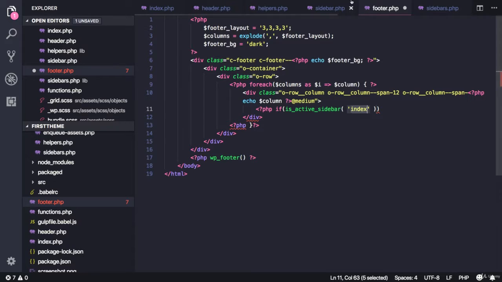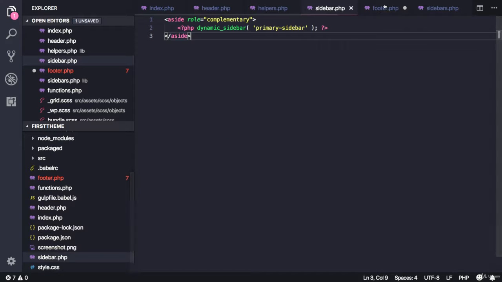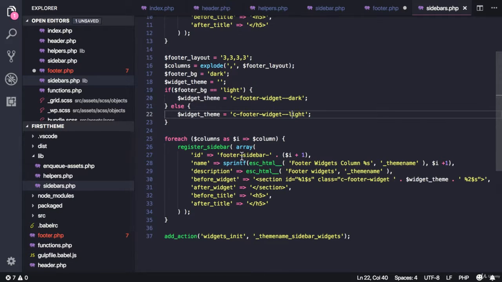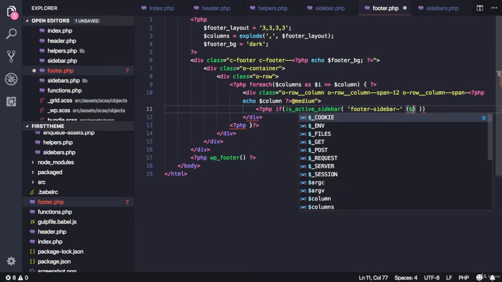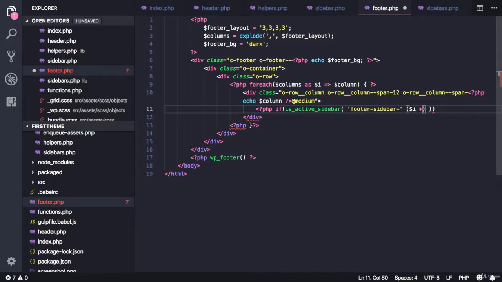and then remember the ID was footer sidebar and then the index, right? So footer dash sidebar dash and then $i plus 1. So this will check if each column in the loop is active, and then